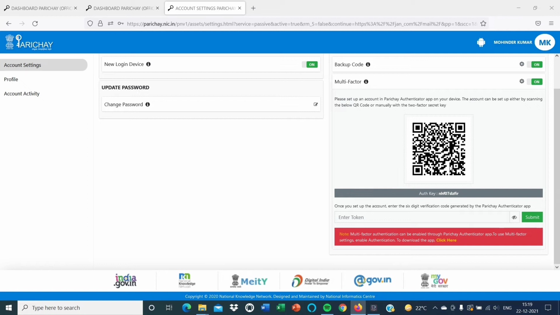Then it will ask for two options for completing the installation process. One is scan QR code and the other one is enter authentication key. So we can scan the QR code which is available. As you scan this QR code, one token will be displayed on your mobile. So we have to enter that number here and when we submit,